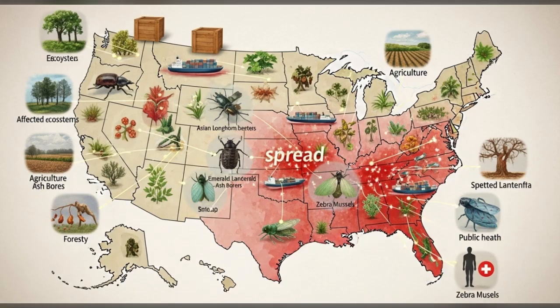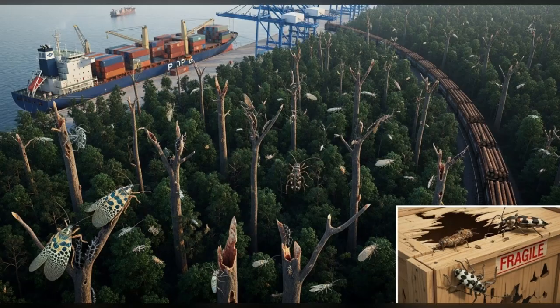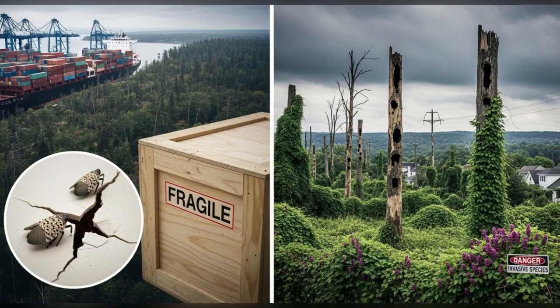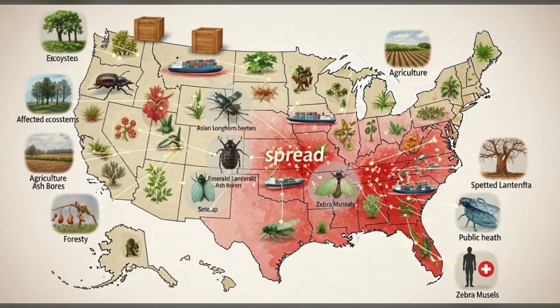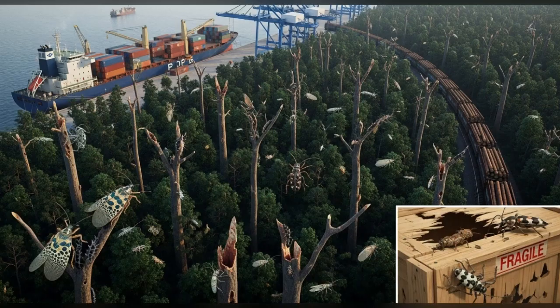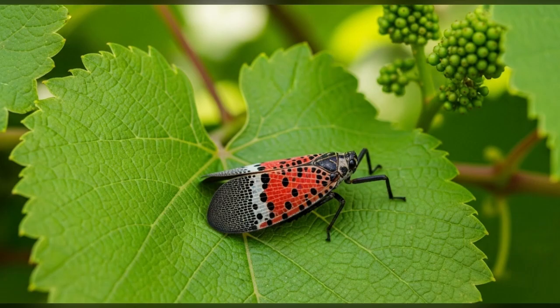It's important to note that the pathways for invasive pests to enter the country are constantly evolving. For example, online marketplaces have become a popular way to buy and sell plants and other goods. However, this can also be a pathway for invasive species to spread. In recent years, several invasive plant species have been found in the U.S. that were first sold online, such as the highly invasive Brazilian pepper tree. This tree is now found in Florida, Georgia, and South Carolina after being sold as a potted plant on online